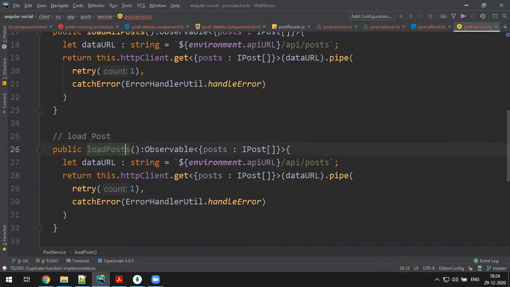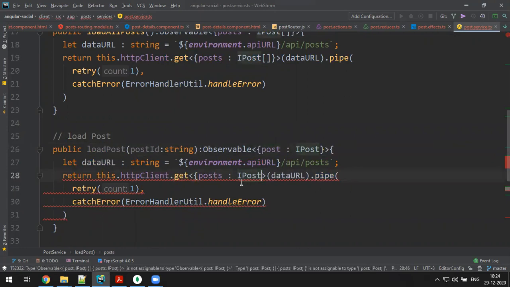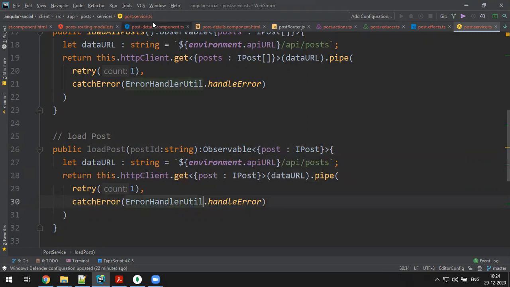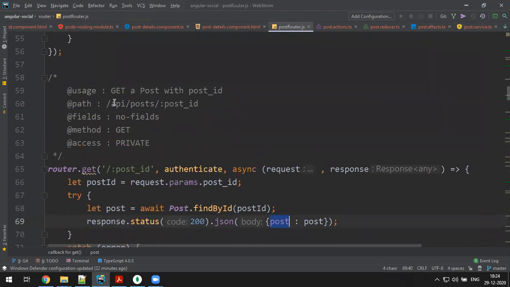Here you need to give the post ID of type string, and you get back a single post. And the path in the post router is API slash post ID, which you have to provide.